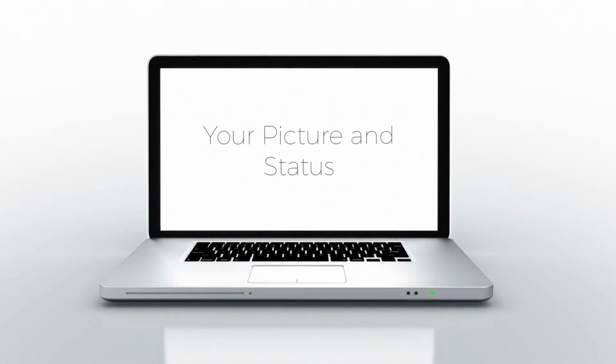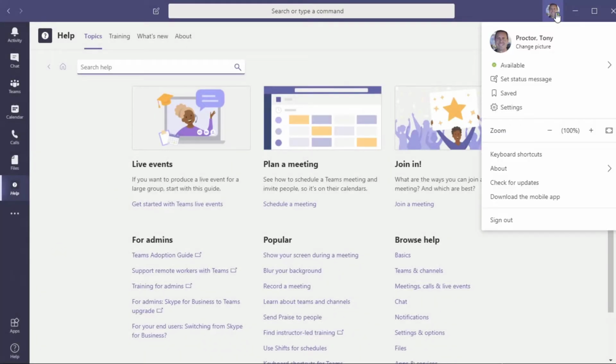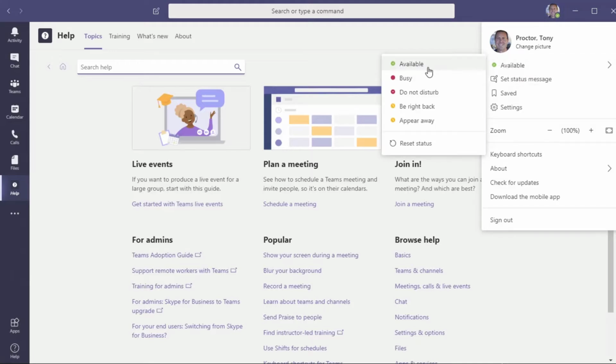Changing your picture and understanding status. The first thing you're going to want to do is up here at the top, I want you to click on your icon. Up here you can change your picture, but you can also see the different statuses that are